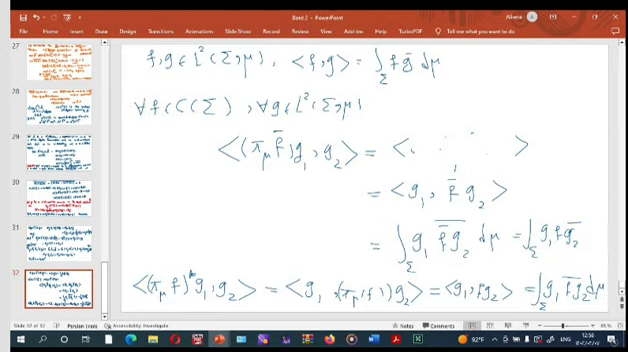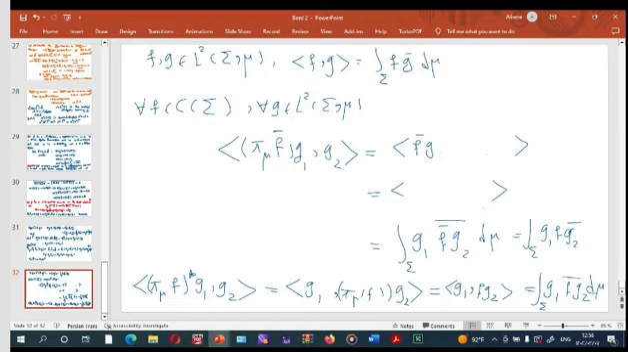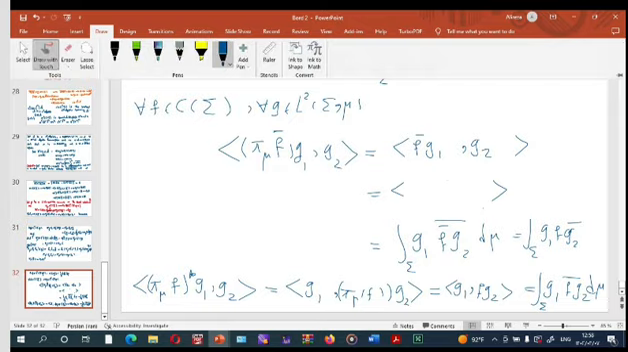Okay, this is equal to f bar multiplied by g. By the definition of f bar, definition of P mu, and this is g2. Now this is equal to